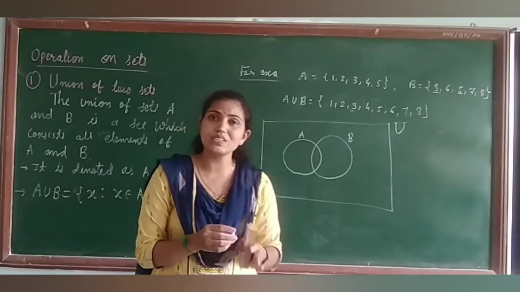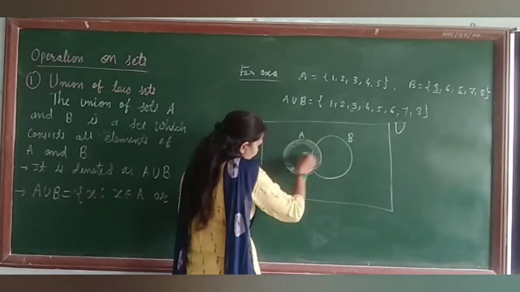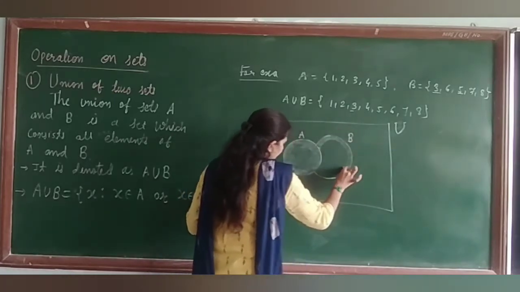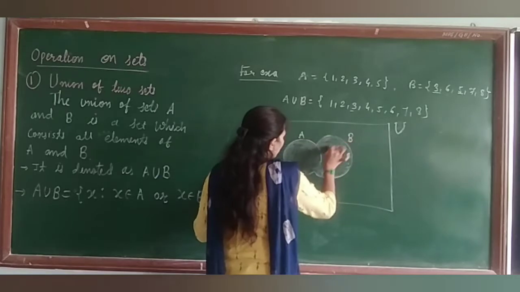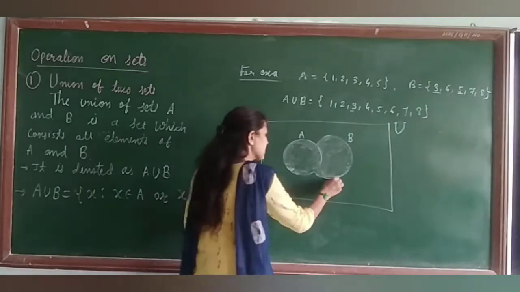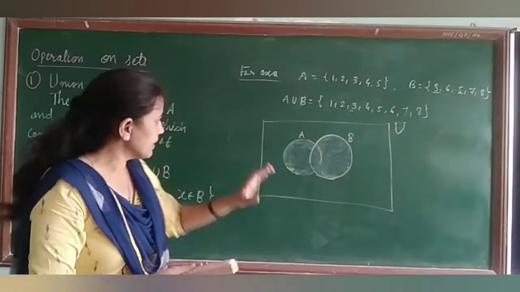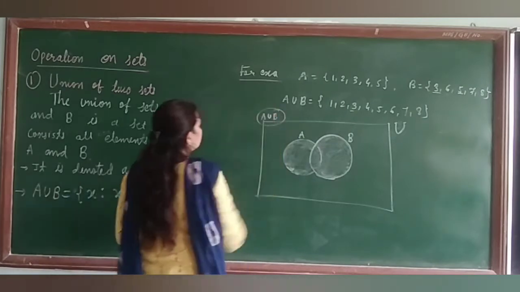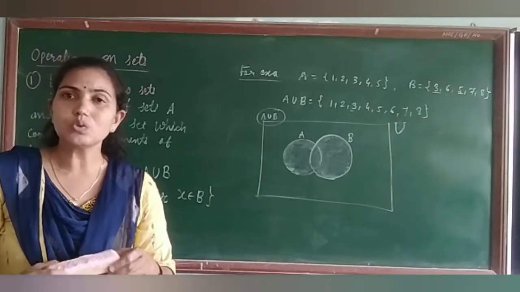Now if I want to represent the set A union B, then this means I have to cover all the elements from here. These all things will be there. So this is the diagram of A union B. Okay students, you understood very well how to represent union by the Venn diagram. Denote A and B and circle both A and B completely. That is A union B. So this is the Venn diagram for A union B. So this is the first definition we are having, the union of two sets.